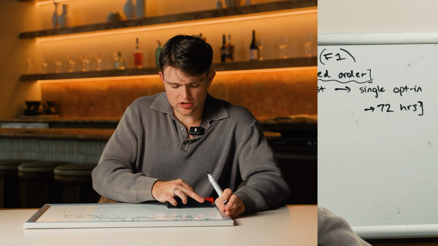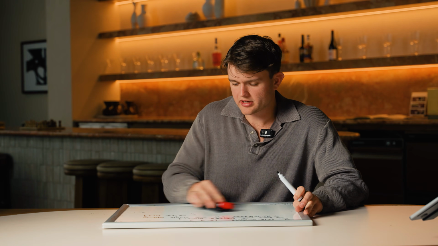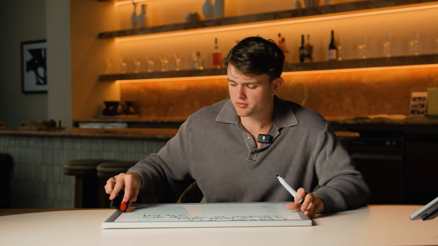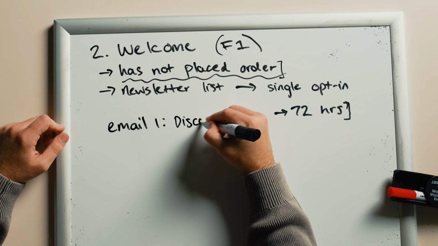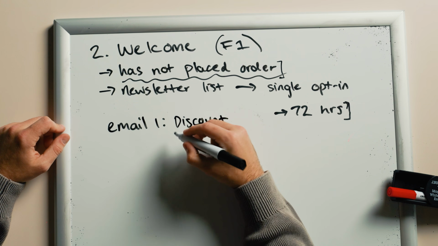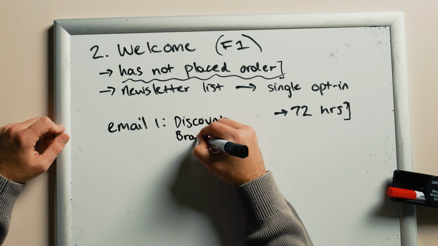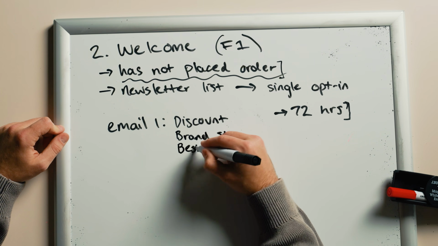Now, how do we actually want to structure the welcome flow in terms of content? Well, like I said, the first 72-hour window matters. We want to be introducing people to the brand, but we also want to make sure we're converting them. So we don't want to be too soft within this period. Email 1, I'm literally giving the discount. Like I'm giving the incentive from the pop-up form. I lead with that tiny bit of brand story, and then we want to push to best-selling or highest converting